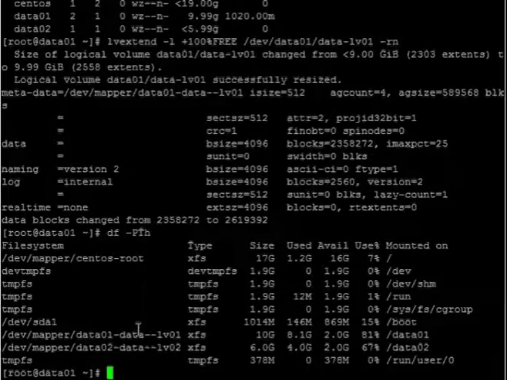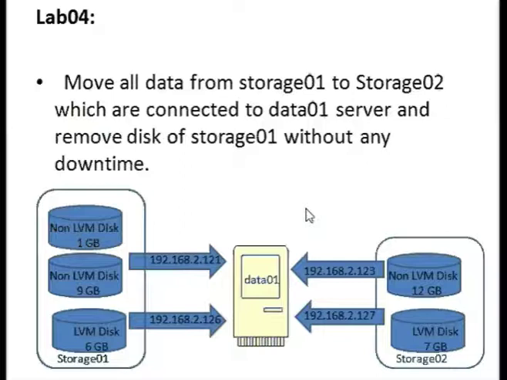So here you have seen there are 2 different ways of extending the disk on storage. If it is an LVM disk, we can extend the same disk, and we have extended the non-LVM disk. Till now we have learned how to connect. First, how to create a disk using targetcli as an iSCSI target, and then to connect to the storage. Then after that we have configured multipath, and we have extended the disk in 2 different ways.